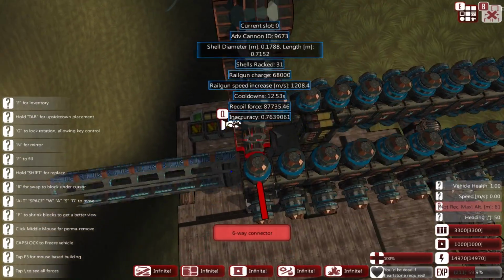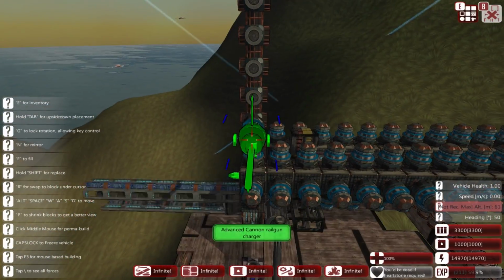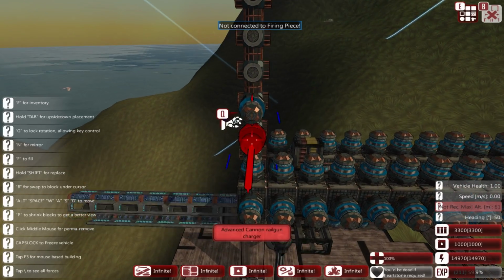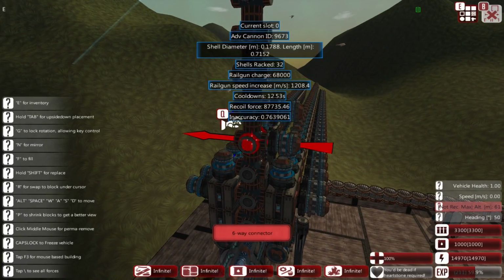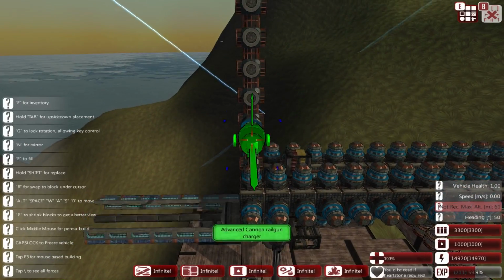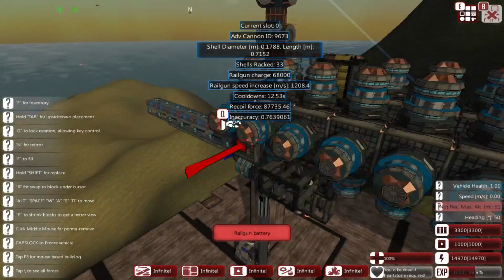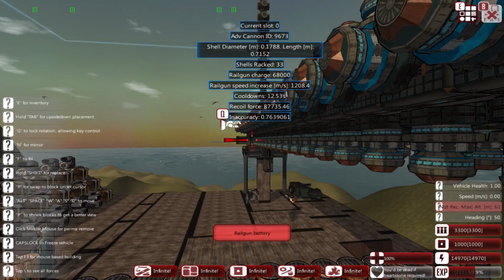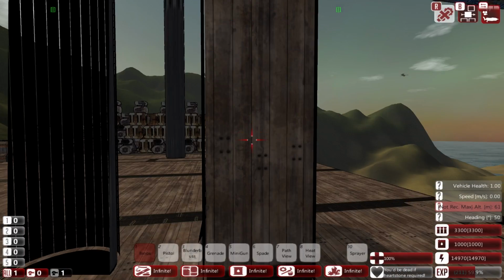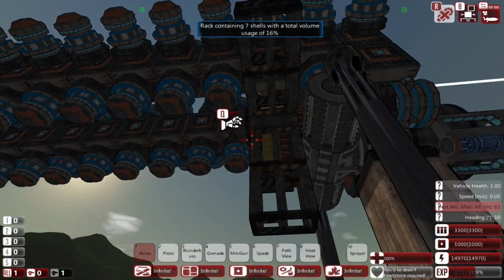Because if these don't need to be on a battery, then you would be able to make something that could pretty much recharge almost instantly. Not connected to firing piece. None of them are connected to firing piece, but this is definitely there. Okay, so they do need to be attached to a battery. Well, it's worth knowing, I suppose. But as you can see, crazy, crazy powerful. And I guess, before we go anyway,